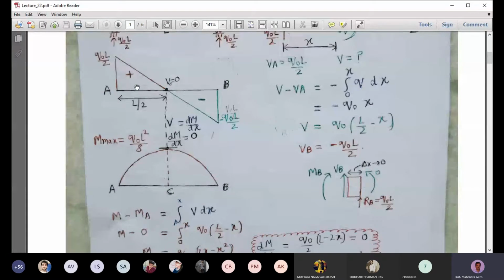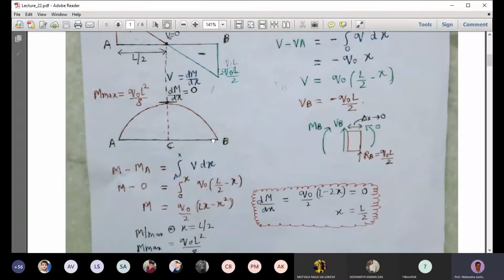As you move towards the center, the area will keep increasing, and as a result the bending moment will keep increasing. After we move from point C to the right, a negative area comes in, and the total area, positive plus negative, will start reducing. So the bending moment will start reducing. Here the area under the curve is increasing, and after that, because of the negative value, it will start decreasing, and finally go to 0.